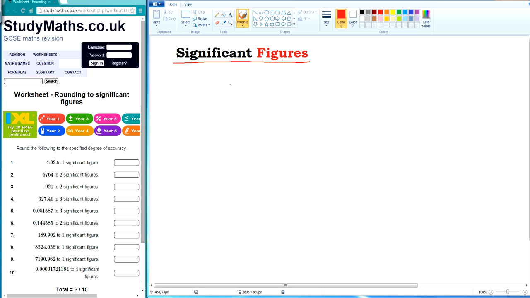Now, significant figures are a bit different than decimal places because significant figures move around. Decimal places are always fixed. So let's have a look at a number first of all. For example, we look at the number